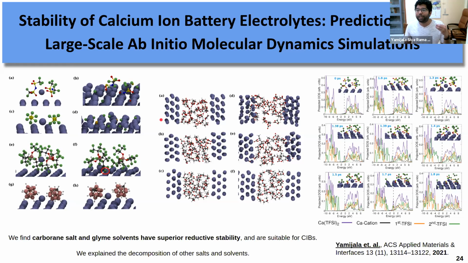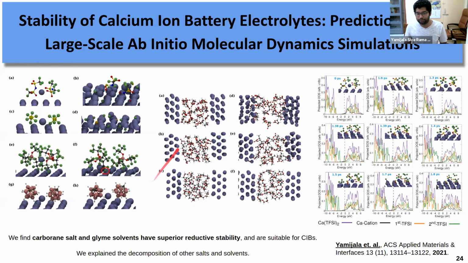Due to the very high reducing power of calcium, there is currently a lot of research going on to predict the proper salts and solvents that can stay intact on the calcium surface. Because of its high reducing power, the majority of salts and solvents will decompose on this calcium surface. So we have studied 4 salts and 3 solvents, and we find that the carborane salt shown here and the glyme solvent are 2 of the combinations that can stay undissociated